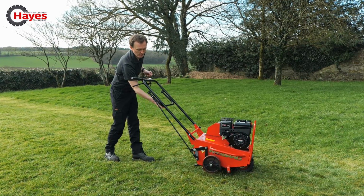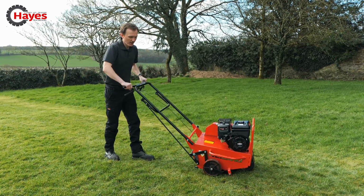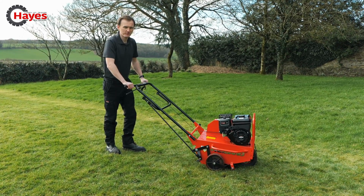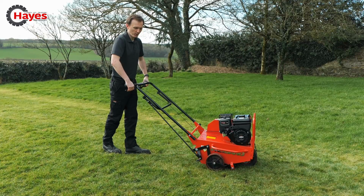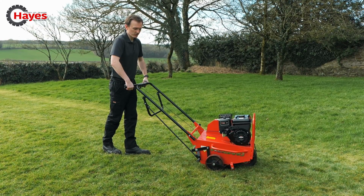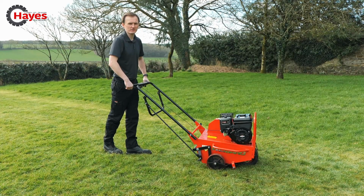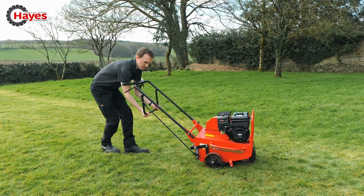And you'll now see that the rear wheels lift up off the ground and the weight of the machine and the cassette system drops into the ground. Then with the engine running, simply pull on this control to engage the drive of the tines, which would cause the machine to move forward and start the aeration. So if I lift the machine back up into the transport mode,